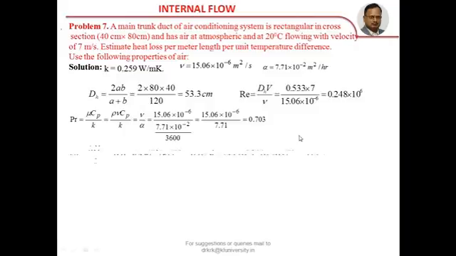So hydraulic mean diameter, properties are given like this. Hydraulic mean diameter is 2AB by A plus B, that is 53.3 centimeters. Now Reynolds number is calculated based on the hydraulic mean diameter, which is 0.248 into 10 power 6, turbulent flow. And Prandtl number is mu Cp by K, which is 0.7. And Nusselt number, because it is